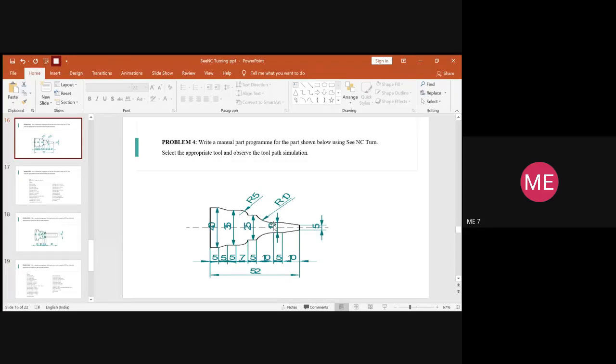Now we have to see whether it is a circular interpolation or linear interpolation. Here you can see the curved surface of circular interpolation. It is going in clockwise direction, right? So you have to provide the code for circular interpolation in the clockwise direction, which is G02, and then X will be 25 here, and Z will be minus 10, minus 5, minus 15, and again minus 10. It will be Z minus 25. So how do you write it?